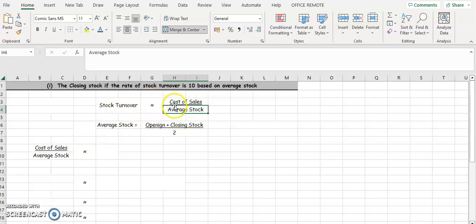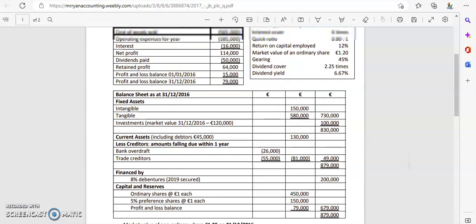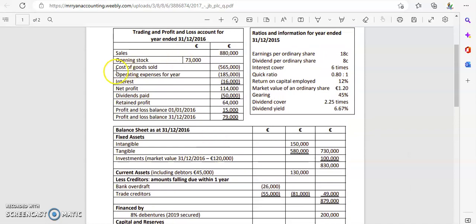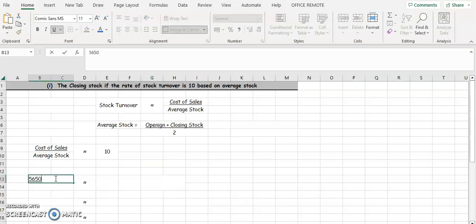So our first formula is our stock turnover, cost of sales divided by average stock. All of that is equal to 10. Why? Because it tells us in the question, the closing stock if the rate of stock turnover is 10 based on your average stock. So what we're going to do now is find the figures. Cost of sales is going to be given to us in the question. So we're going to go back to the question and have a look and see what our cost of sales are. So our cost of sales or cost of goods sold, 565,000. So 565,000, divide that by your average stock